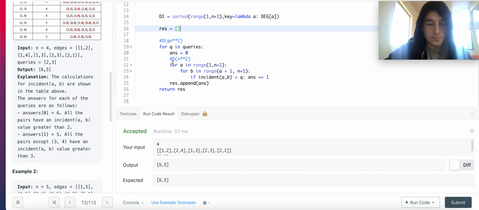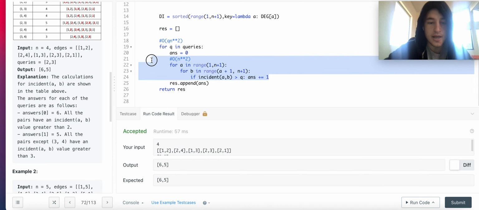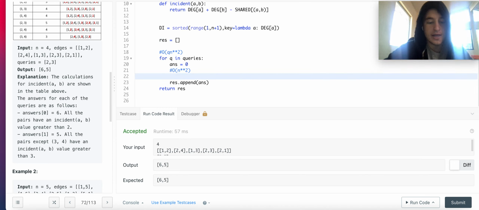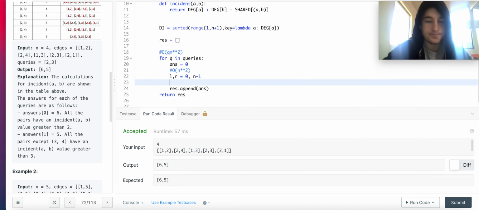Okay, so now we don't need to look at all n squared edges here. What we do instead is we say, well, there's an L and there's an R pointer. So we start L at the shortest person, right? So we start L at the smallest degree system, which is 0, and then R is n minus 1. And then we're going to say, while L is less than R,